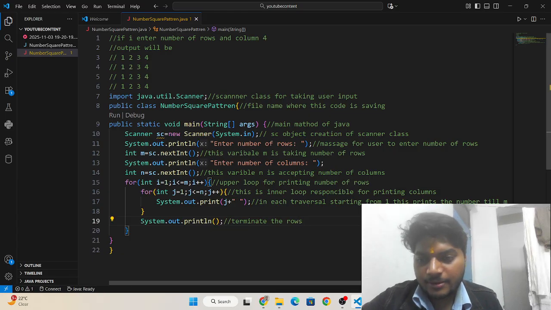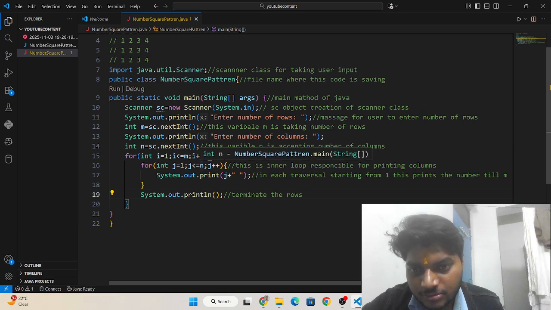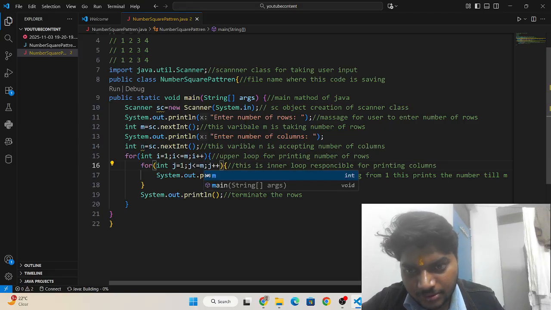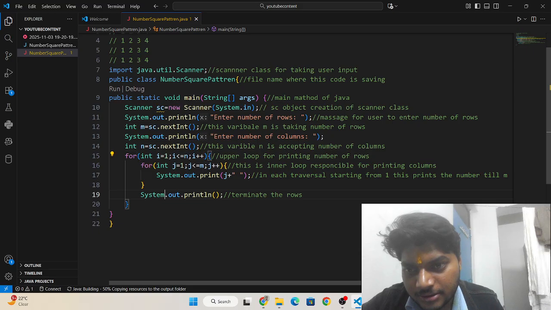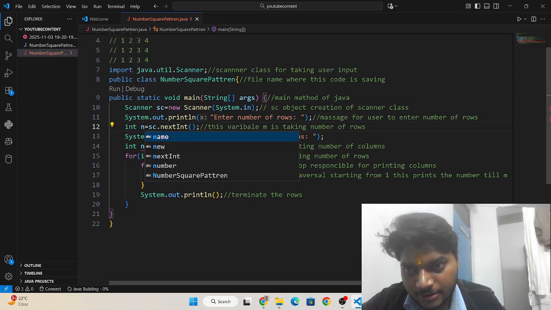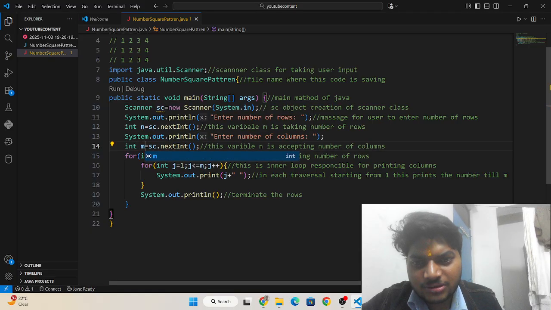Okay, now I have written everything for these things. Here should be m right now, and here should be n, and here should be n, and here should be m. In place of m I am writing just n, and in place of n I am writing m.